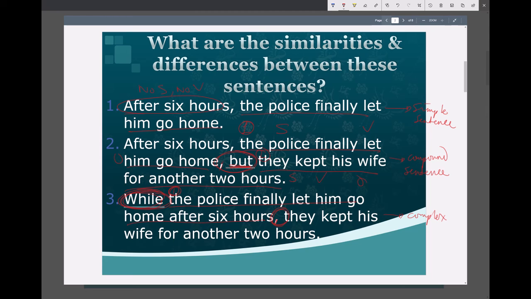You need something, or while the police are doing something, or what is happening. The independent clause says, the police kept his wife for another 2 hours. So you have two different clauses, an independent one, which is clause 2,